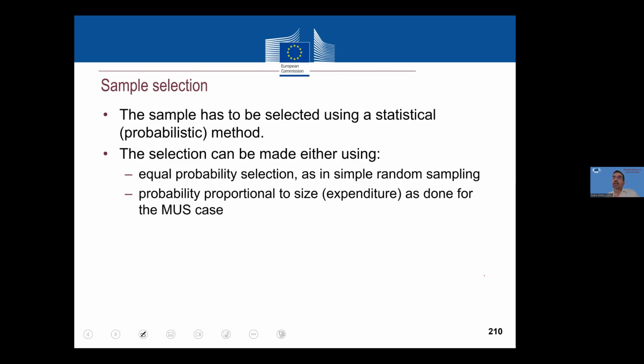How do you select a sample under a non-statistical approach? Either,